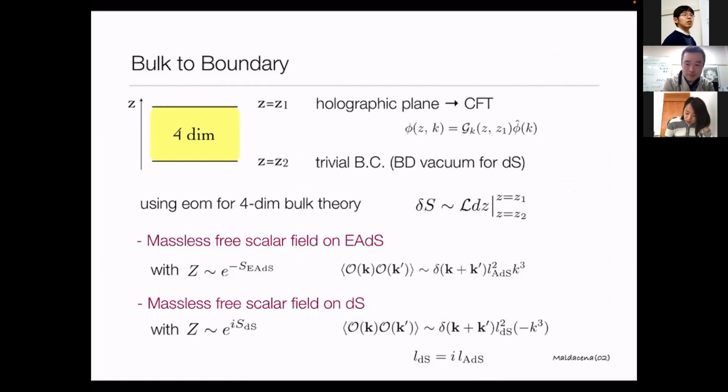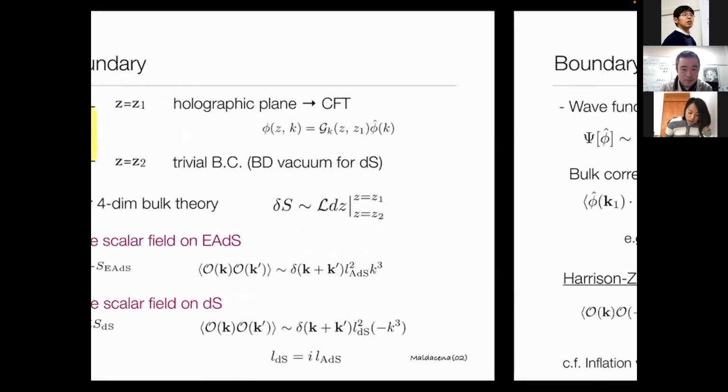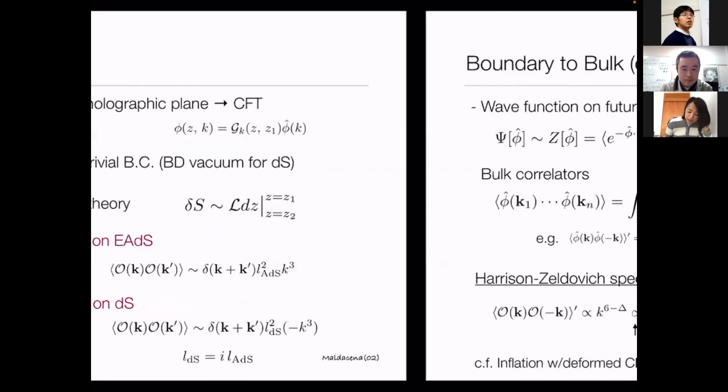And then we can obtain the 2-point function. In the case of Euclidean AdS, it is given like this. And similarly, we can also calculate the 2-point function of the boundary operators like this. And because of the analytic continuation, it has a negative sign. And we can also calculate the